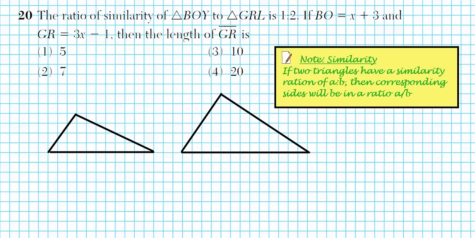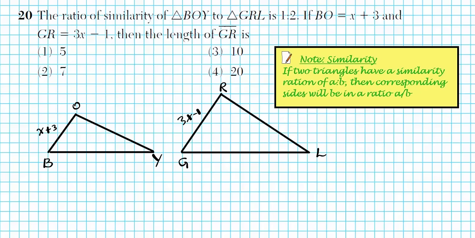Okay, so we have triangle BOY. You have to follow the order of the alphabets of the letters, okay? Or else you're going to ruin the problem. And then this is GRL. Okay, now BO, this segment right here, x plus 3, this corresponds with GR, as you can see, 3x